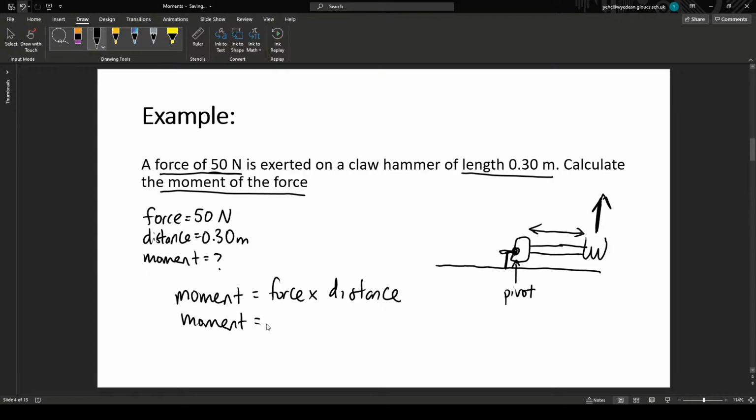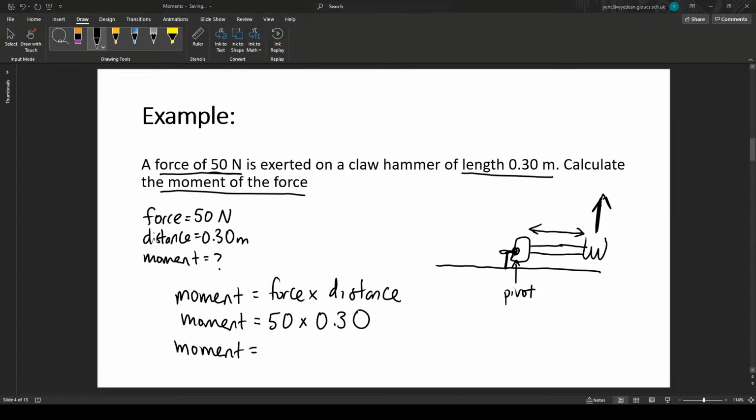Moment is equal to, we'll substitute things in. I'm looking at my list. I'm inserting my values. The force I have is 50. The distance I have is 0.30. So I am not going to do this in my head. I'm just going to put it in a calculator. 50 times 0.30 is equal to 15